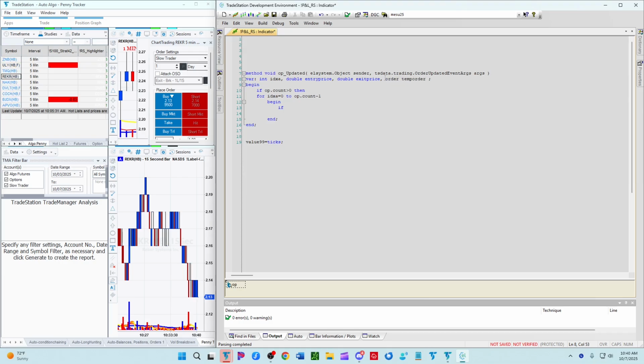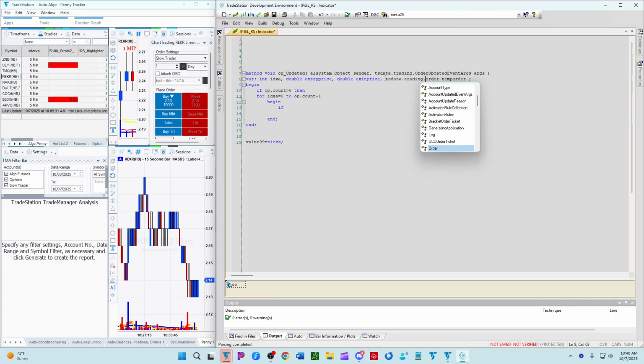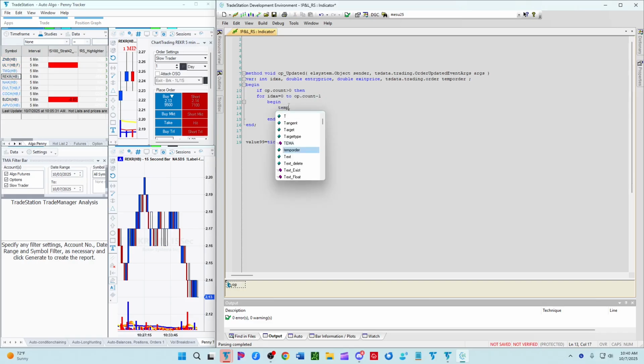In order to use order here, we need to use tsdata.trading, I think. Yep, and there's order. Okay, so whenever we loop through this, we're going to say, hey, temp order is going to be equal to op of order at that index